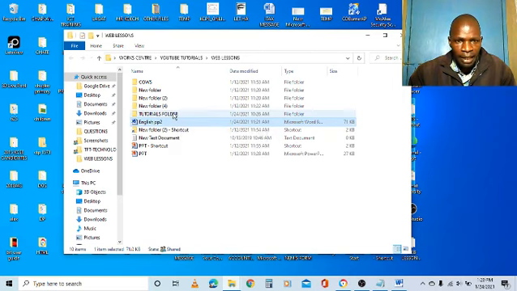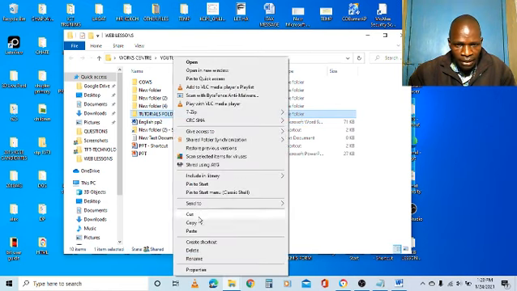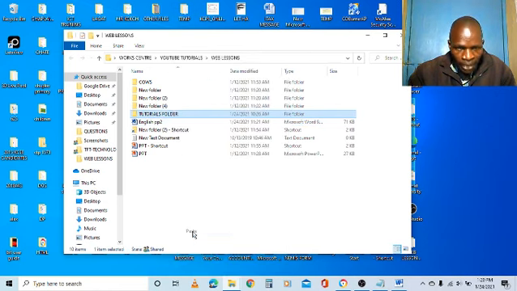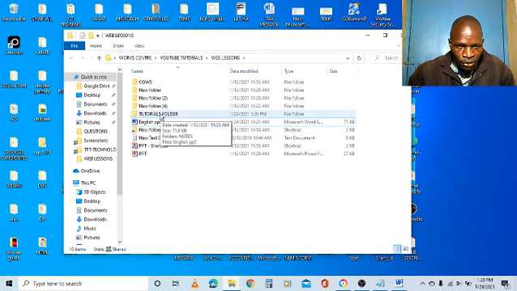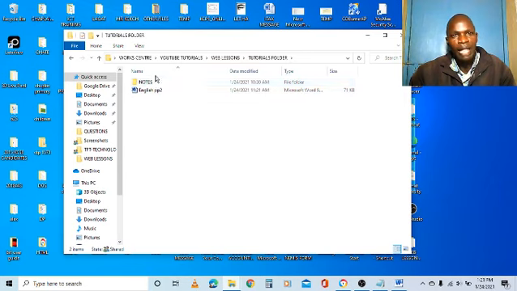So I want to paste here. I right click the folder where I want to paste, and then I choose paste. So I will click paste. The file will be pasted to the tutorials folder here, but the original copy will still remain there. When you point to this folder, you can see it shows the date created, size, and some of the contents. There are folders inside called notes, and there's a file called English paper 2. You can double click to open, and you can see that the file is already in here.